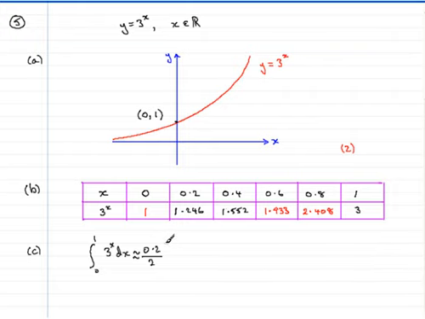Then we have, let's put a square bracket in here, okay, and then we have the first height, which is 1, then it's plus 2 times the sum of all the middle heights, that's starting from the 1.246, then the 1.552, 1.933, and then finishing on the 2.408. So it's twice the sum of the middle heights, so that is